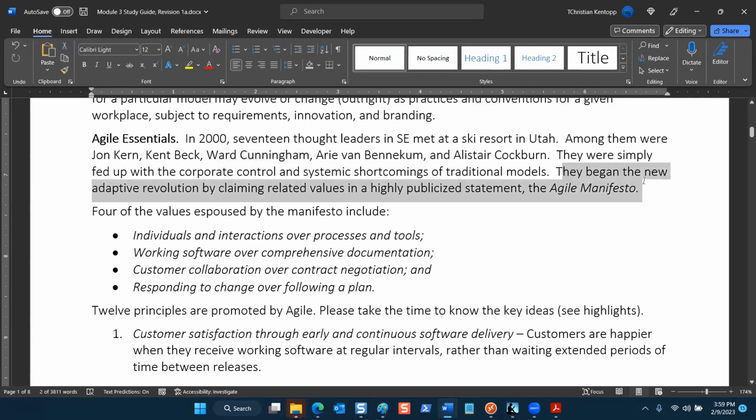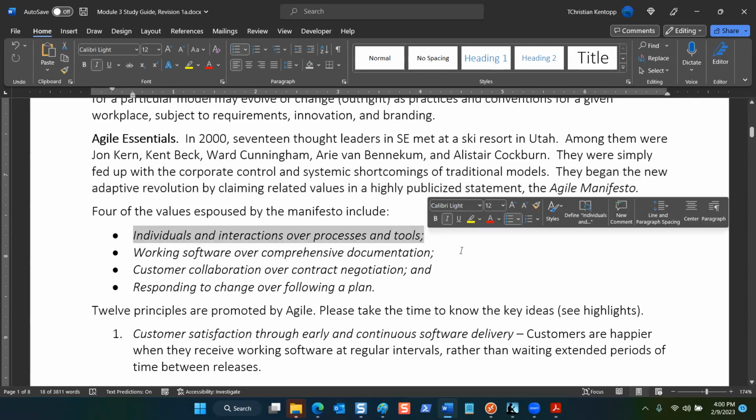The other thing they were fed up about was, how do we do this solution development, and where are the users? I'm not waiting till the end to deliver something, only to have a user slap me down in the delivery, in the acceptance session where they validate that the features have been done. Oh yeah, we did the features, but that's still not what we want, because sometimes users don't know what they want, right? The 4 values espoused by the manifesto include individuals and interactions over processes and tools,